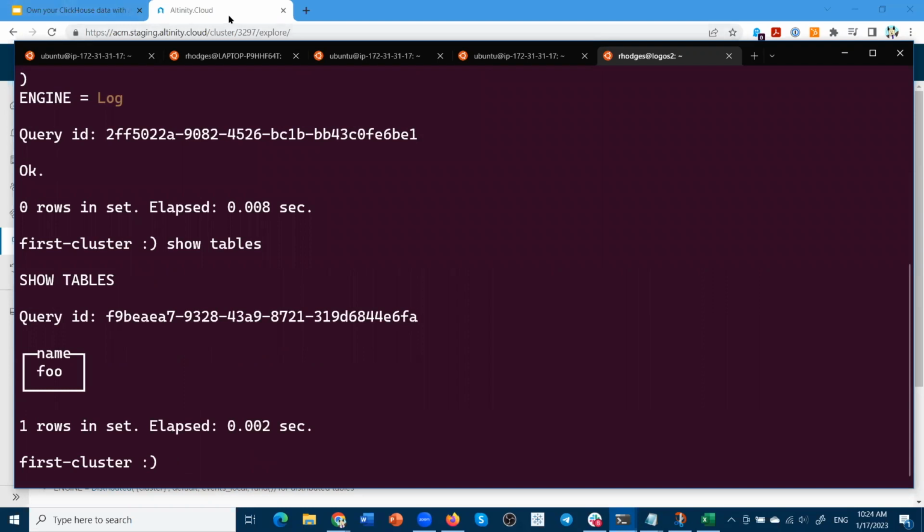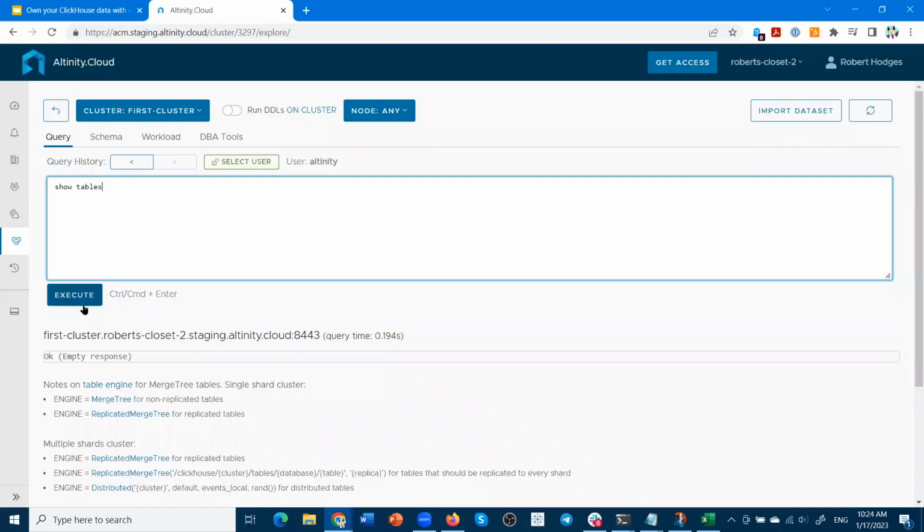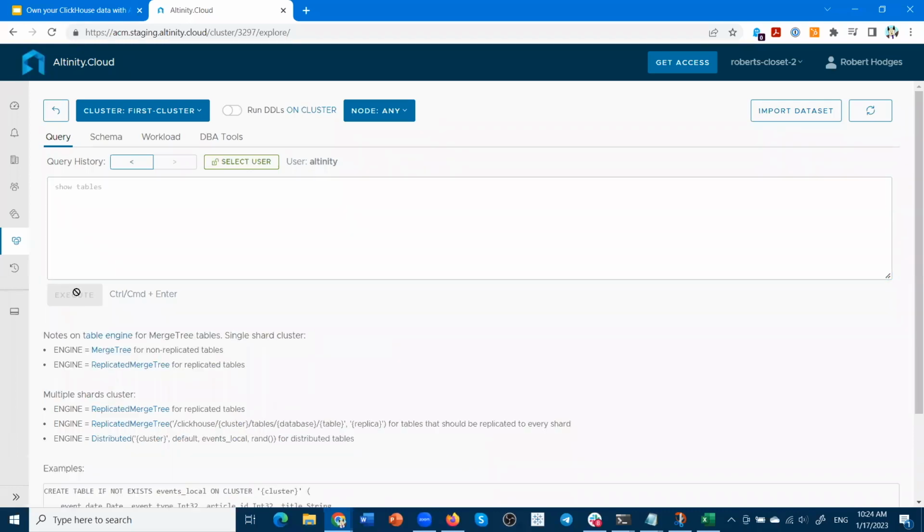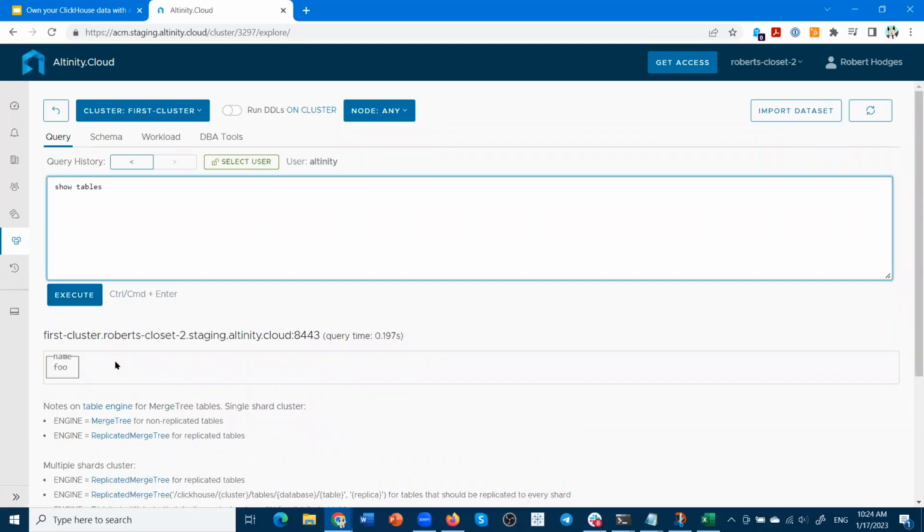Let's go back to Altinity.Cloud and let's run that. This is now coming from US East 1, which is where this is running. I'm going to do a show tables. And there you are. That table is now visible to Altinity.Cloud. So this is an example of the power that you have